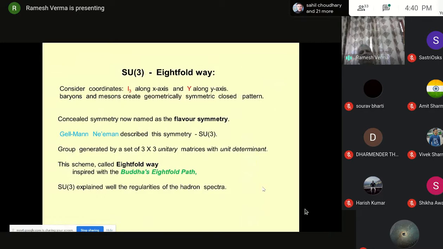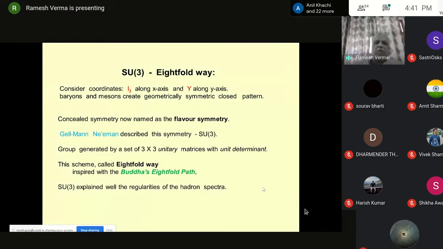Earlier, I3 along one axis, Y along the other. Again I remind you that among the baryons and mesons, there are very nice symmetrical patterns which require some understanding. And Gell-Mann and Ne'eman, who was Israeli,